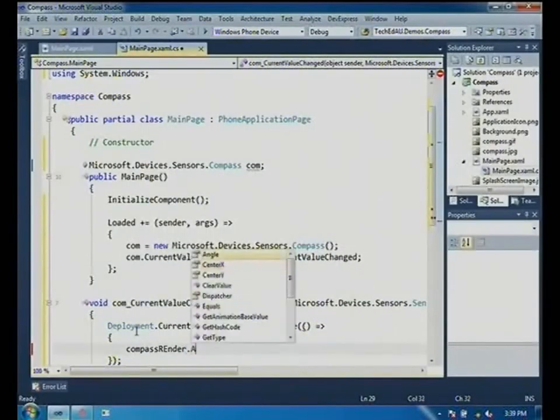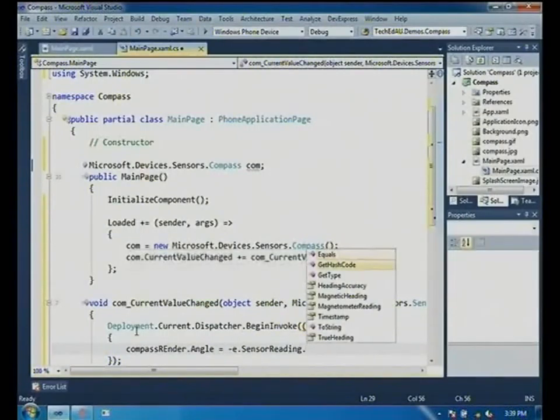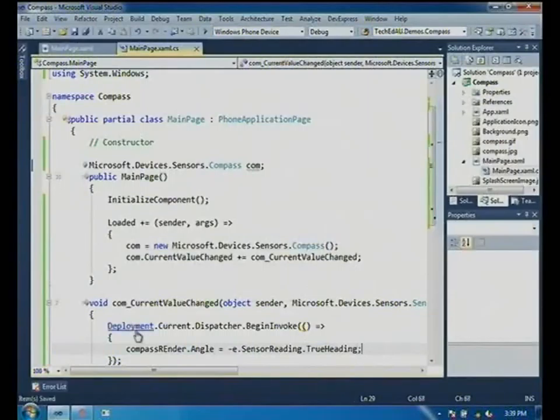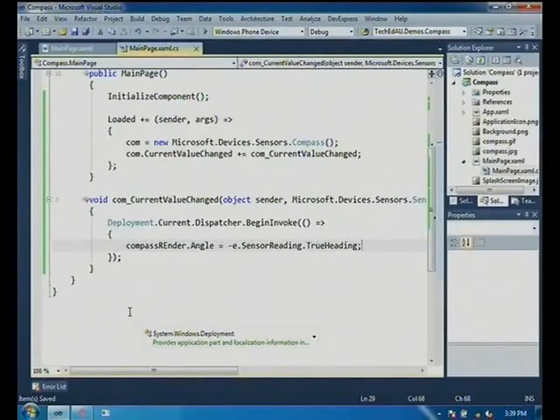Actually, we don't want to update, we just want to update the angle. So what we're doing is getting the value from the compass, and, sorry, I'll shift that up so everyone else can see. Then we're inverting that value. When you think about the compass, you've got a true heading, so true heading north, and the value from 0 to 270 or to 360. So you've got to invert it so you can then do a proper render transform. So now we're done, we can do a quick deployment to our phone.